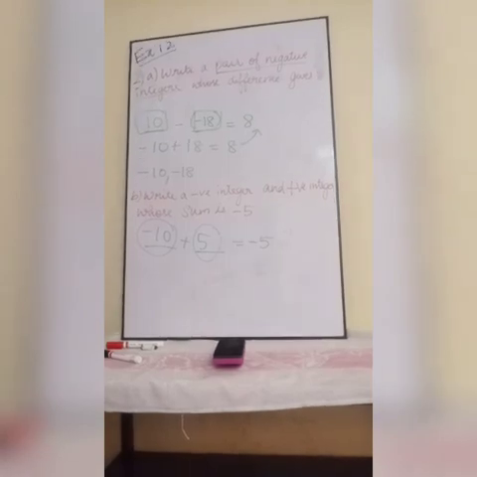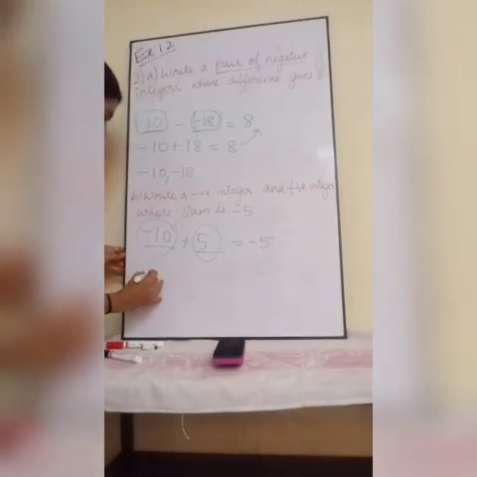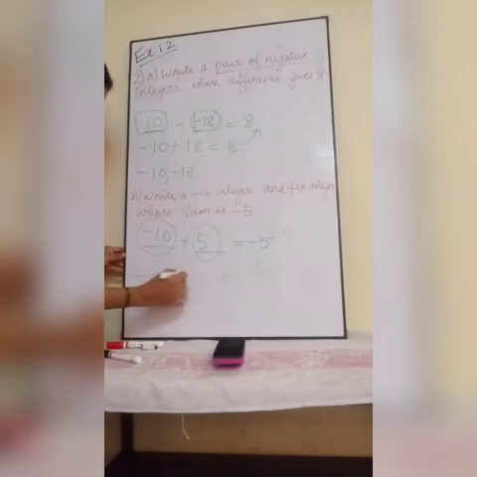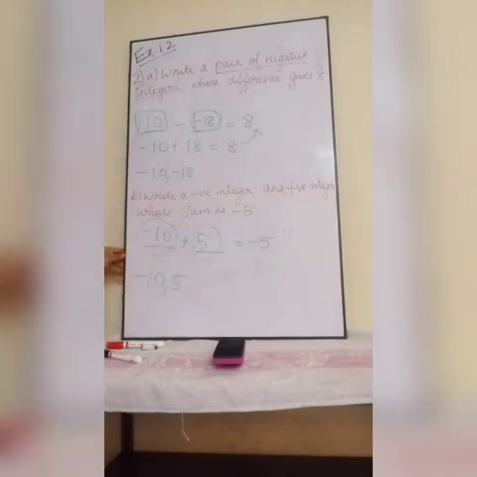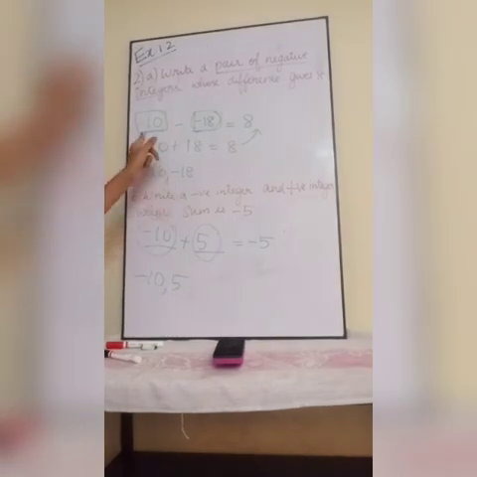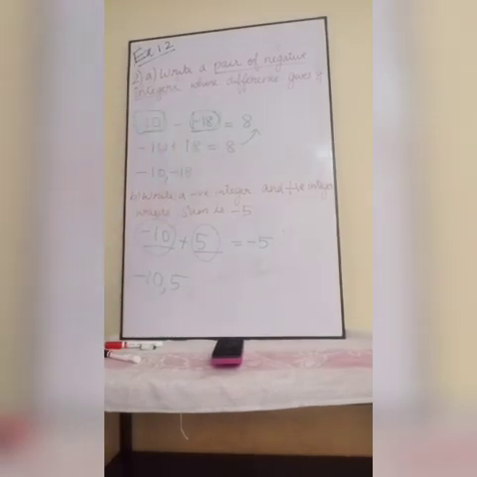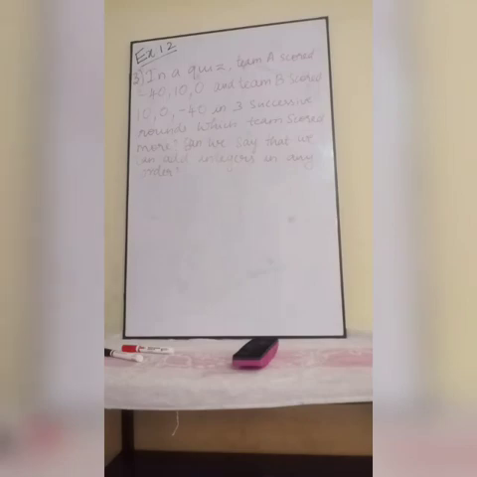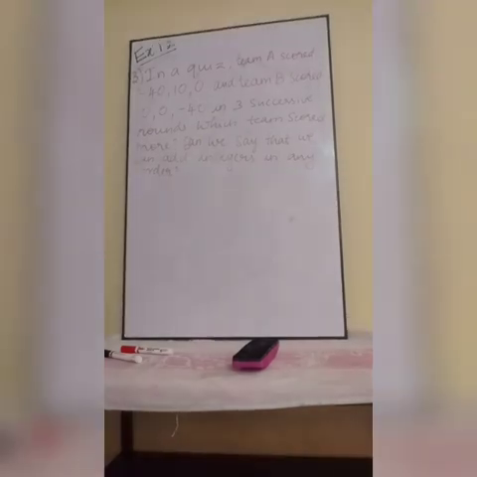So, did you get the answer? What is the pair you are getting? Minus 10 comma 5. So, this is negative, this is positive. If adding those two, you are getting minus 5. But here both are negative. I am subtracting, I am getting 8. Understood? Your second question C is your homework. Okay, this is the same as what we have taught already. Next is your third question.